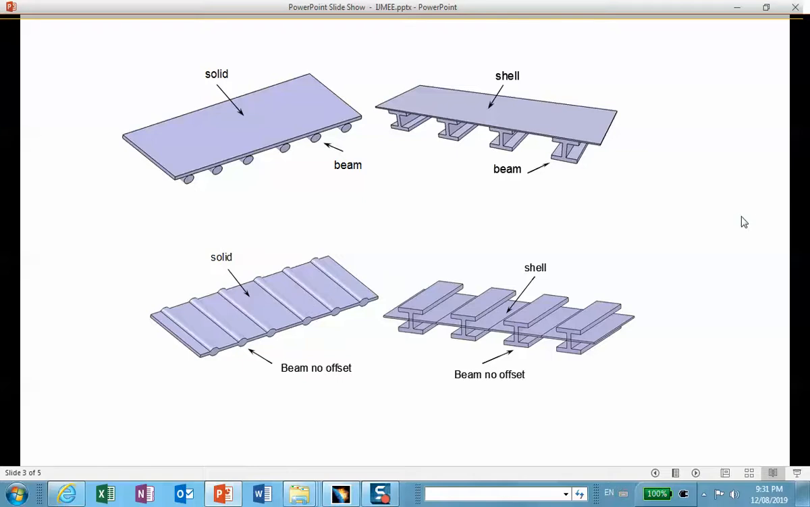For example, if you look at the top right-hand side, there is a shell or a plate, and this is supported by some I-beams underneath it. If you don't pay attention to the offset of the beam when it comes to modeling it, you may be modeling what you see at the bottom right corner, as opposed to what is supposed to be modeled, which is the top right corner. And this has to do with